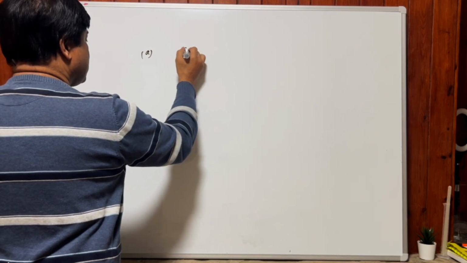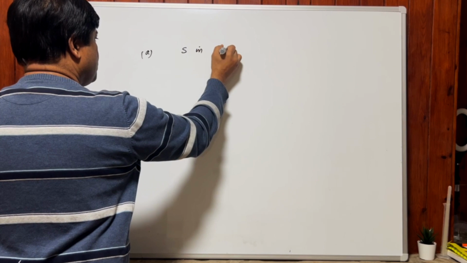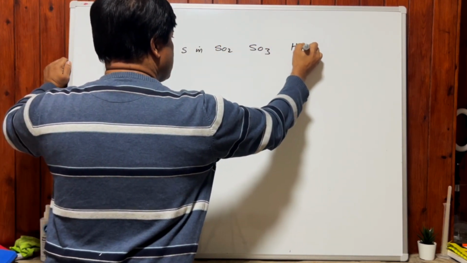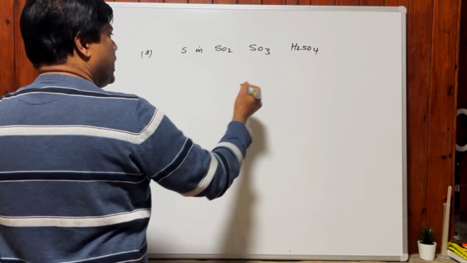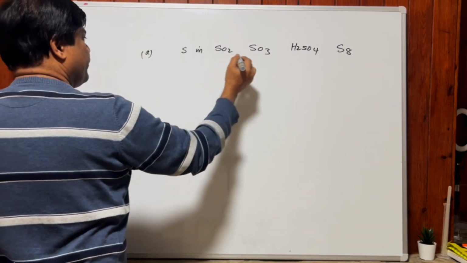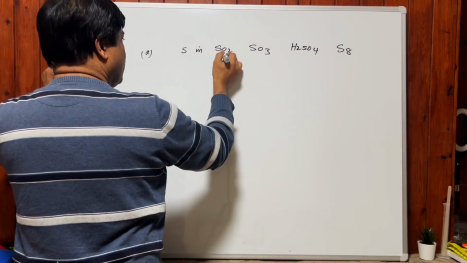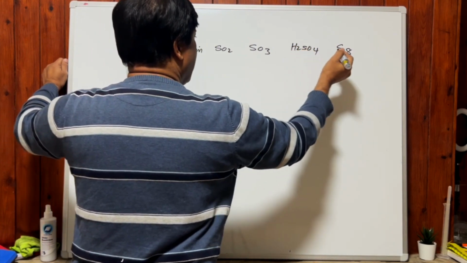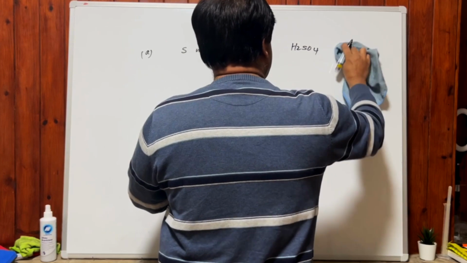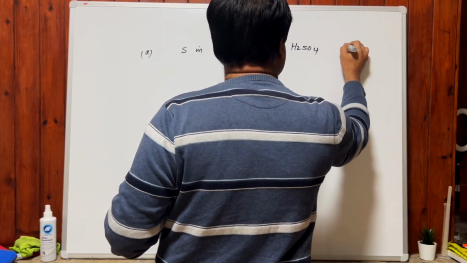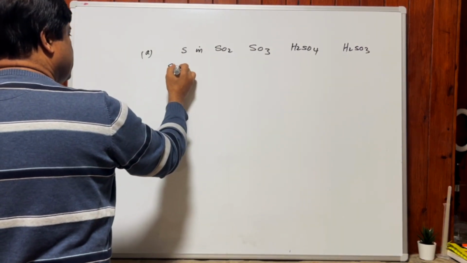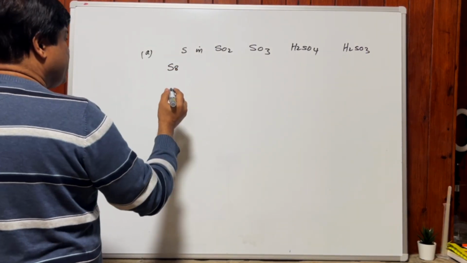oxidation state of S in SO2, SO3, H2SO4, S8, and we have sulfur dioxide, sulfur trioxide, sulfuric acid, S8. Let's do H2SO3 and S8. Sulfur dioxide,